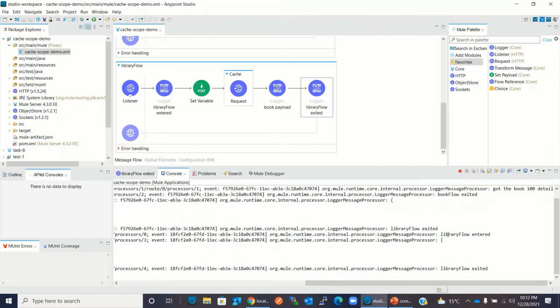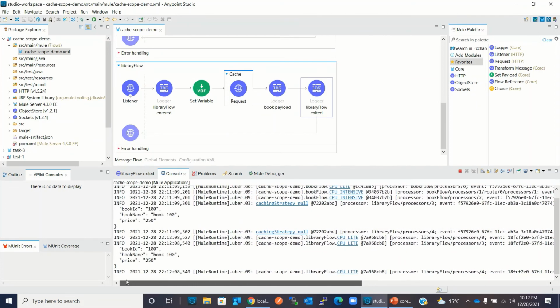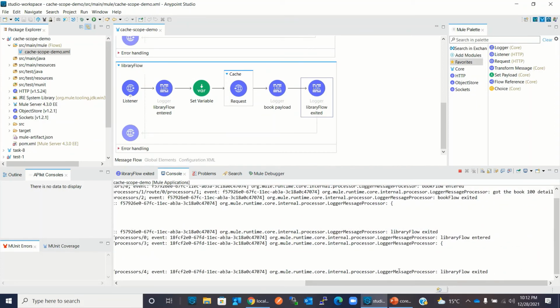Observe the output now. Here it's going to library endpoint, then it's not going to book flow like it went to book flow here, but now it's not going to book flow. It's directly coming, printing this, coming here, and then printing the payload content, then exiting the library flow because it's retrieving the data from the cache. Because book ID 100 is already cached and it was processed here the first time. Now the second time it won't retrieve from there. Now if we try a new book ID, it will again go to book endpoint, process the data and save it in cache scope. Let's try 200.